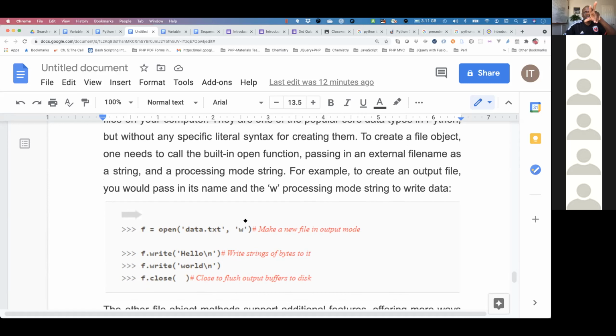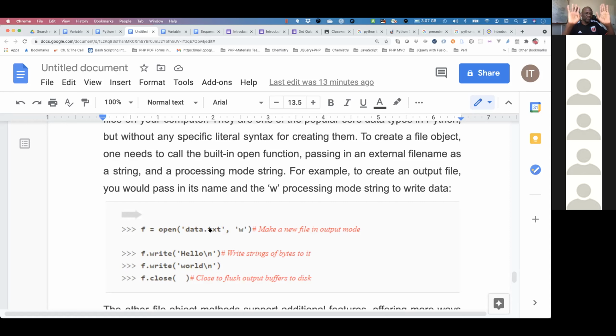And then W, you process the mode to write to that particular file, which means we can bring this file and then we write onto it. When we write onto it, we basically append below that particular file without overwriting the contents. You can do that. In this case, if that file is containing some items in it, the W will basically overwrite everything. So you have to be very careful when you deal with files, but that's something which you'll be able